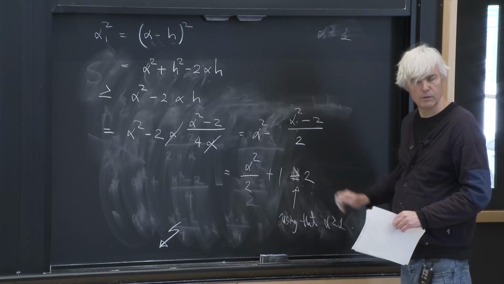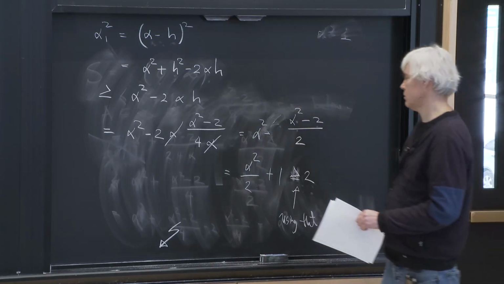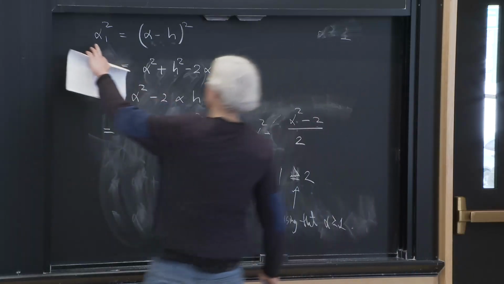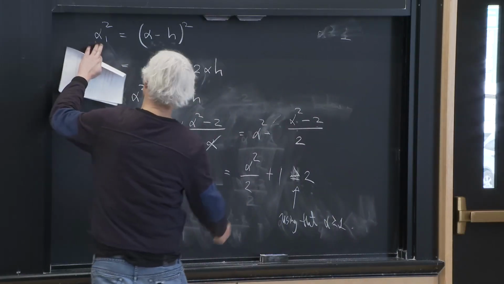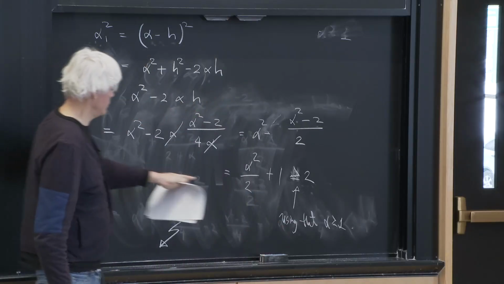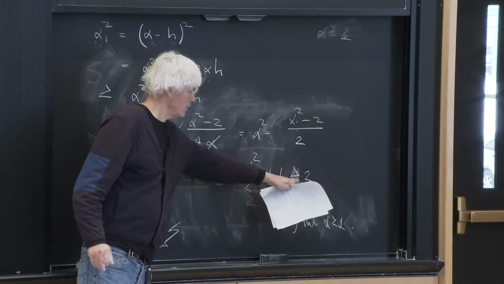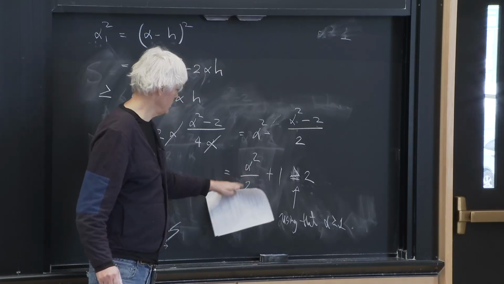I think you need it greater than 2, right? Sorry? Alpha squared is 2. So the inequality here is that alpha 1 squared is bigger or equal to 2. And I'm using that alpha at this stage here to conclude this inequality. I'm using,